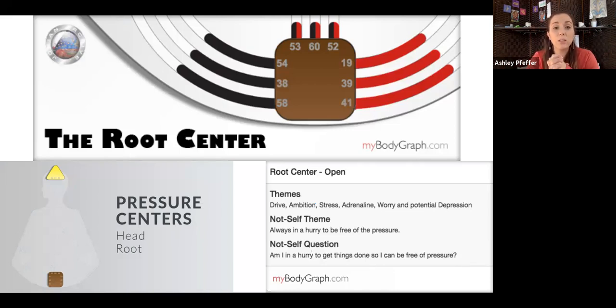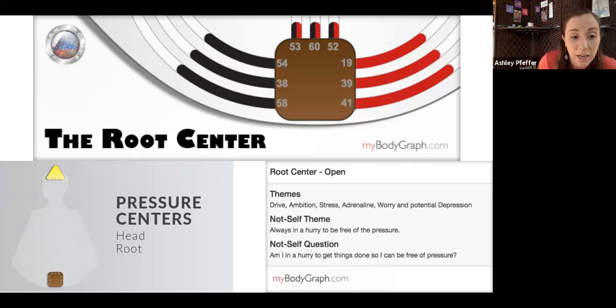Their stress is going to pressure you to help solve their problem because you're like, I can't feel your stress anymore. Let me just fix this for you because you just want to get it off your back. Like a lot of these pressure centers, the anxiety, I want to answer, I want to solve your problem because I'm tired of feeling this anxiety or stress. So then you try to interfere with their life because you don't know how to let it go out of you because you're experiencing it so much. So the root is a great one to look into and understand because there's a lot,